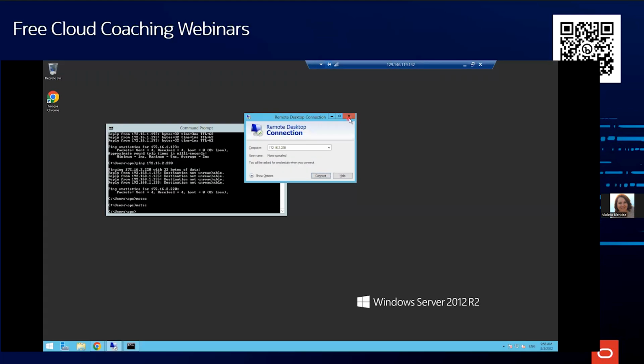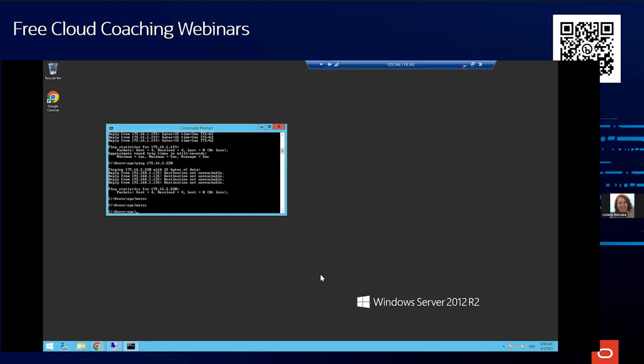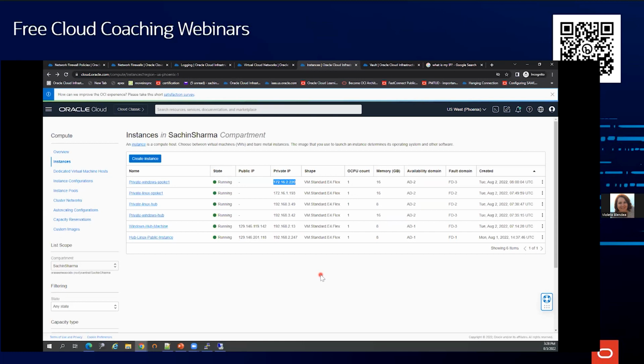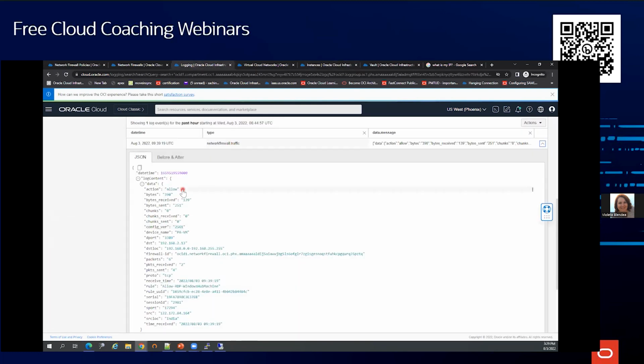This routing can work on connections from on-premises over IPsec and FastConnect too, for the hub and spoke model. Today I'm reviewing it before ending my session. We discussed how policies and rules can be created, what a decryption profile is, what map secrets are, and briefly what Vault is in OCI. Then we created three scenarios and checked them in our lab. We also checked how logging works and how you can see logs on OCI.